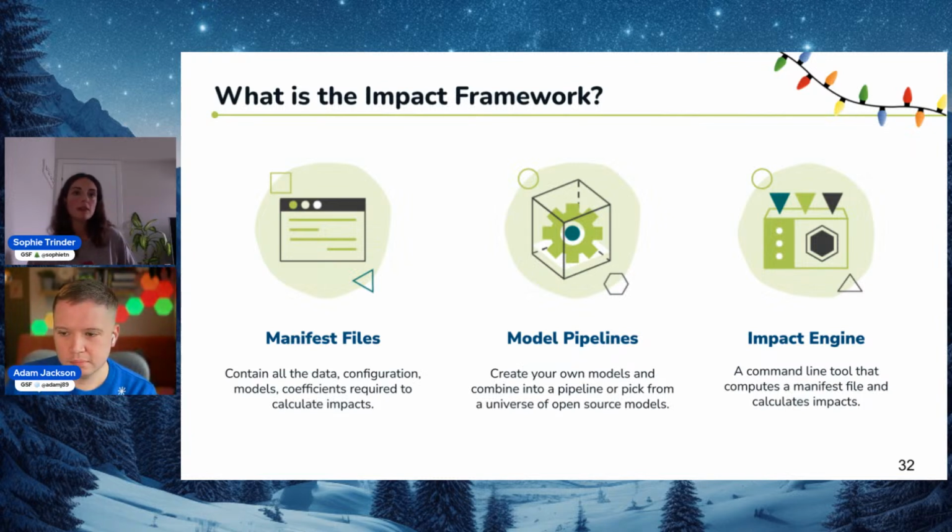And one of the reasons we built this is because we believe that transparency builds trust. So with the impact framework, you don't just calculate a number and share that number to show how your emissions from your software are. You can actually share the manifest file. So somebody else can take the manifest file, compute it, they can challenge it, fork it, adjust it. They can verify all of the assumptions that you're making. So you're not just sharing your final output number, you're also sharing the workings out. So it can be more trusted.